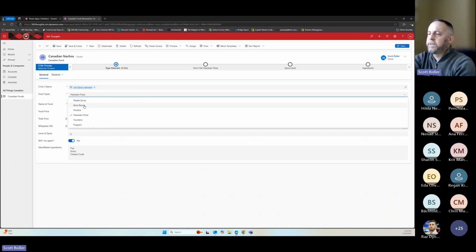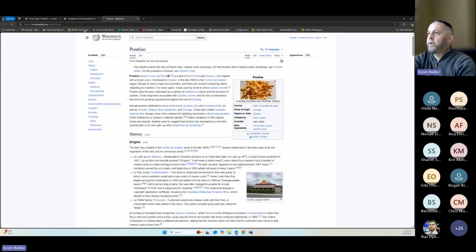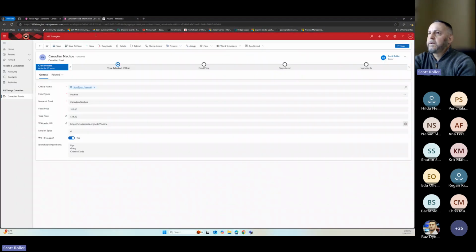But the other thing that I'm using business rules for is that every time I select a food type, it's seeing what that food type is, and it's setting this Wikipedia URL down below. So when I choose maple syrup, it's going to the Wikipedia site for maple syrup. When I choose poutine, it's going to the poutine Wikipedia site. And like we saw before, now I can launch that web page right from there and go to that Wikipedia site for poutine,